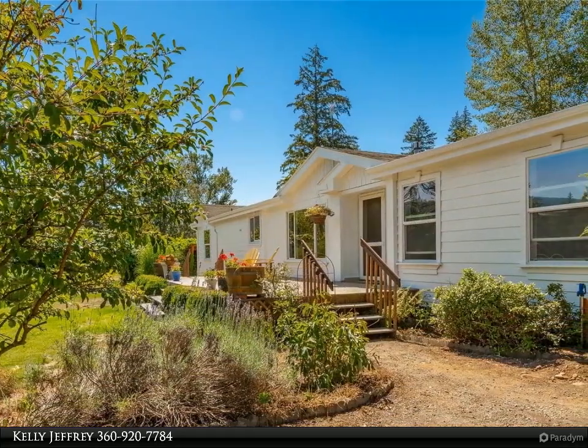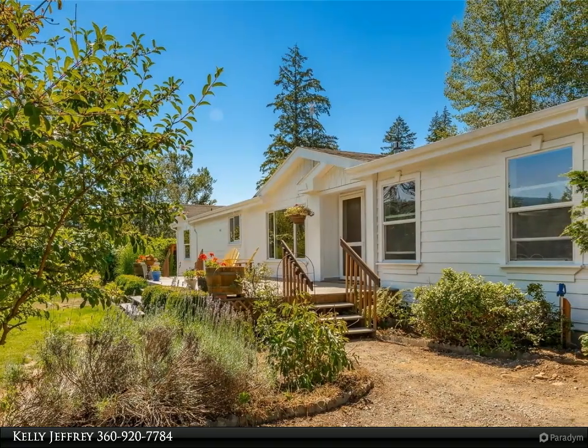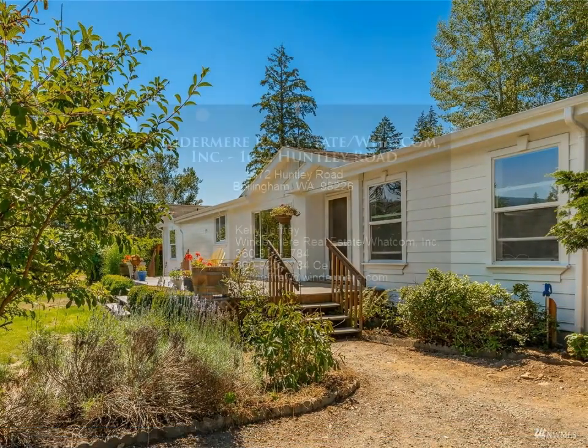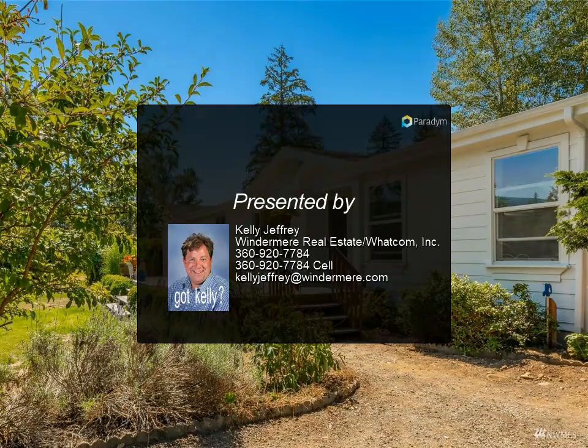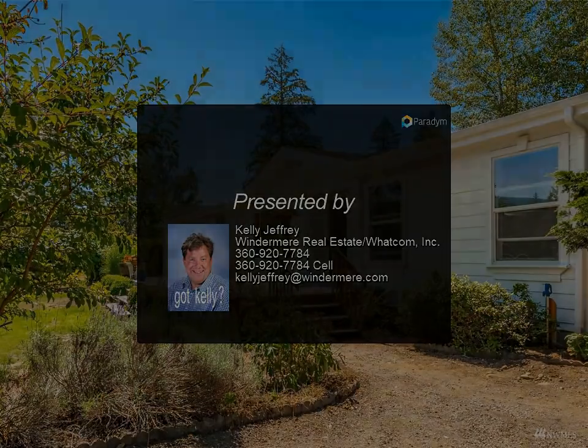This property is located just outside of the Bellingham city limits and less than 15 minutes to I-5, Sunset Square and the popular Berkeley Village. Wonderful county home. For more